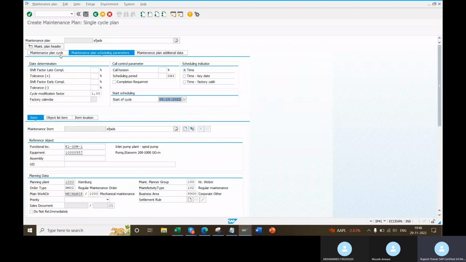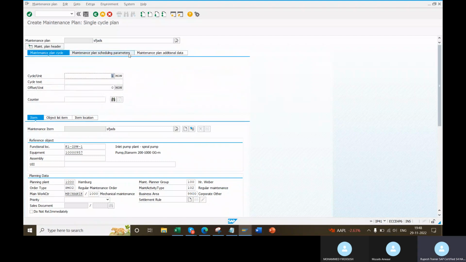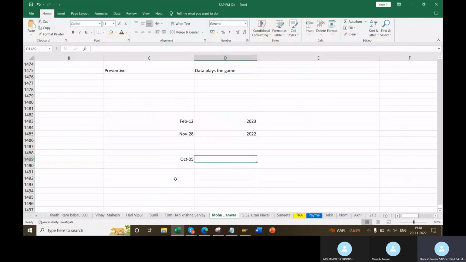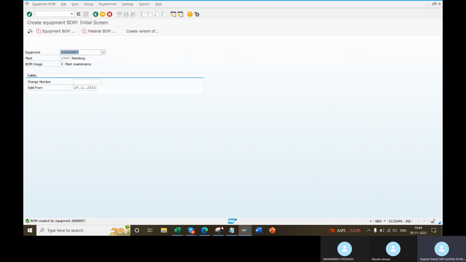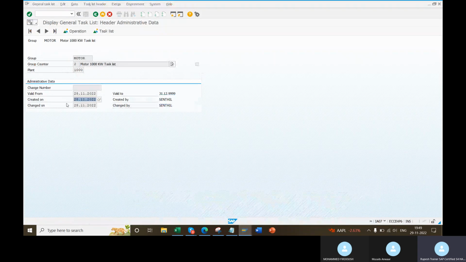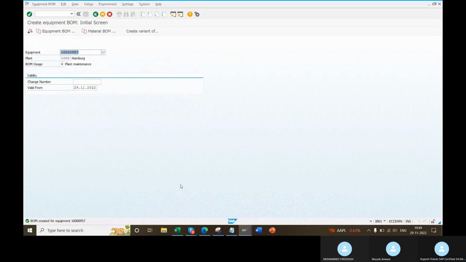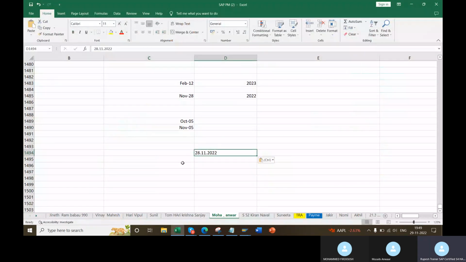So it's a 1 month cycle, so the call will come on November 5th. Correct? Till now everything is good. But my task list key date is November 28. So for this date, November 5th, my task list is not active because the key date is in the future.